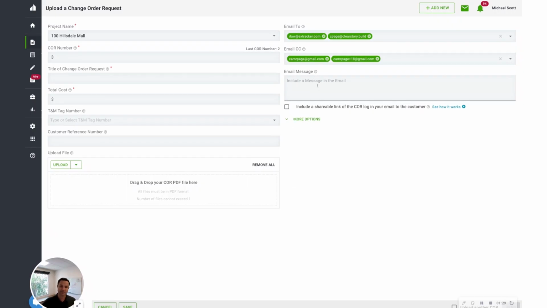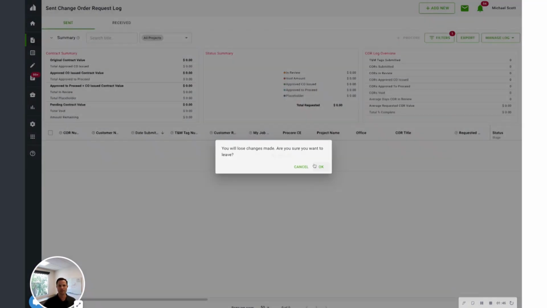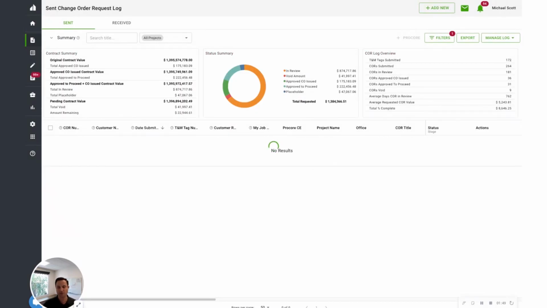And if you want to include a message to the general contractor. But once you've got this form filled out, which takes all of 5 seconds, the emails automatically populate. You click send, and this goes to your general contractor. You're copied on the email, so you know they got it. But what's so powerful is the second that it's sent out, it's automatically logged in our shareable change order request